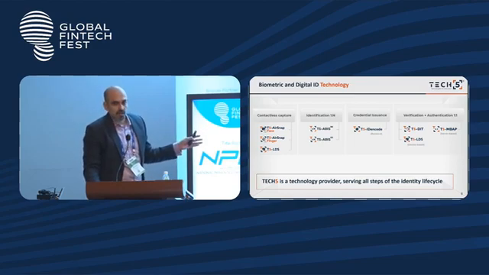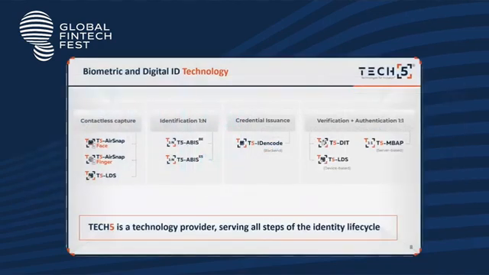While here we are talking about contactless capture, we have seen that in numerous programs, including the Aadhaar project, we have actually gone and enrolled at a particular station using your all 10 fingerprints, facial and iris. So that becomes the main capture component where quality of data is extremely important, which then gets translated to a backend where you talk about the identification piece over here. That actually performs a 1:n, which guarantees that the identities are unique, right? And once the 1:n is passed, there can be an optional process of issuing a credential.